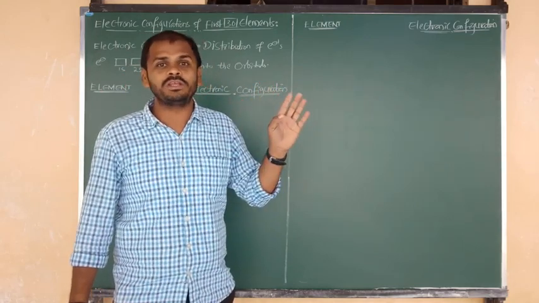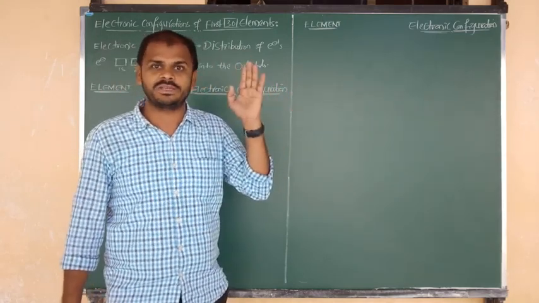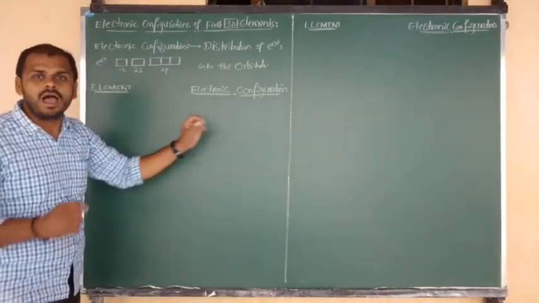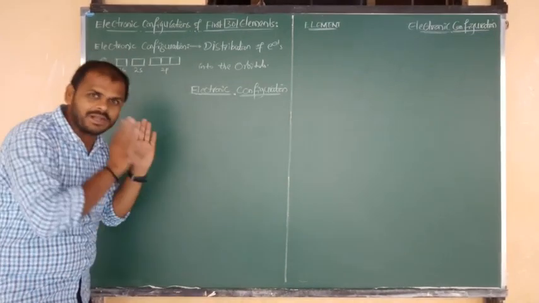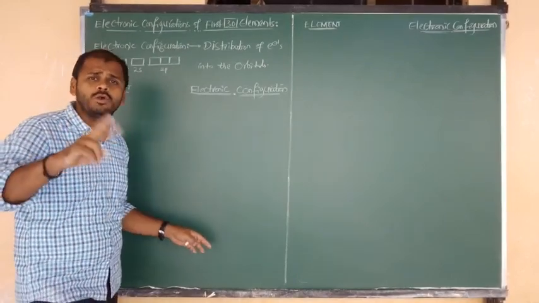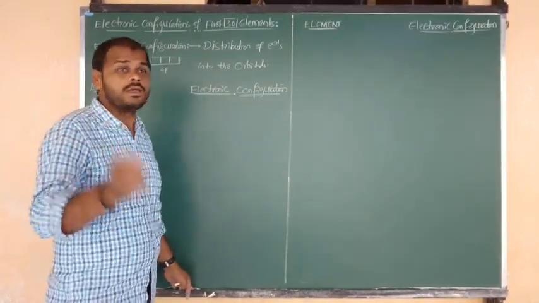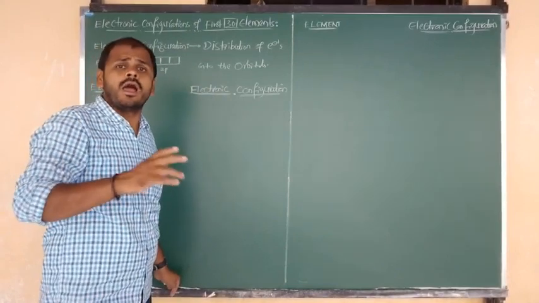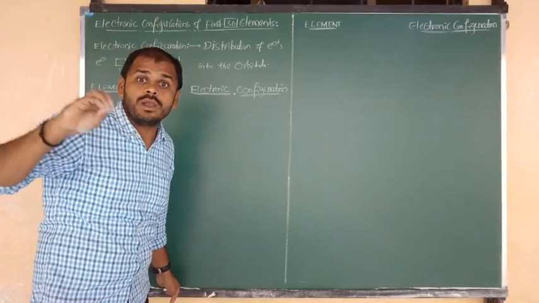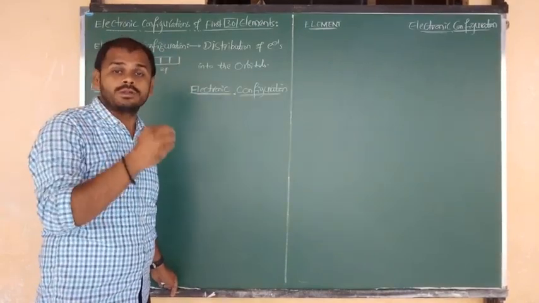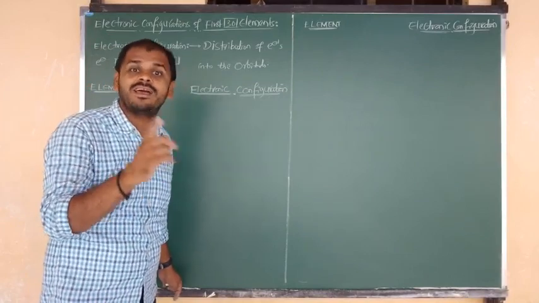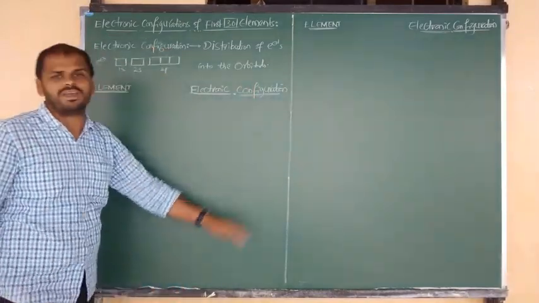Whether it is a chapter in 11th chemistry or 12th chemistry, 100% this information will be useful to you. That's why I am going to teach it as a fundamental topic. Within 1 to 2 minutes you should be able to say the list of the first 30 elements fast, like hydrogen, helium, lithium, beryllium, up to zinc. You should be very familiar with their atomic numbers, mass numbers, symbols, and the main thing, electronic configuration.